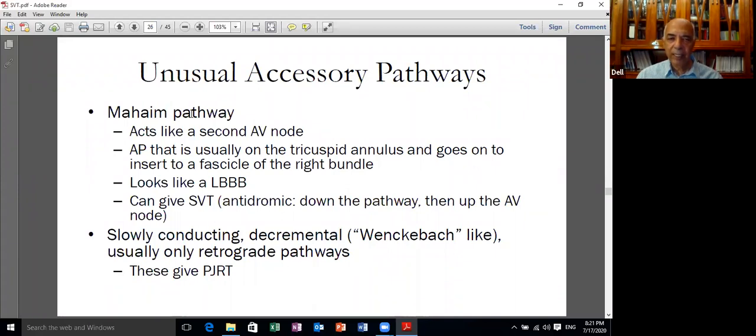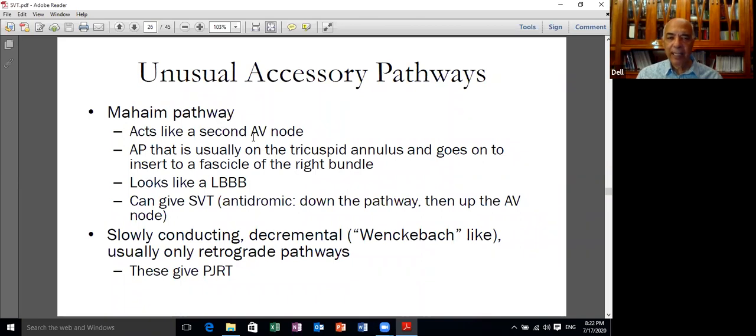located in the wall of the right atrium, and it goes from the right atrium across the tricuspid ring to the right ventricle to be connected to branches of the right bundle. So under normal circumstances, you don't get a delta wave, although there is an accessory pathway. And this Mahaim pathway conducts only anterogradely, doesn't conduct retrogradely. So the delta wave is either very small or almost absent. So the impulse here conducts through the AV node and the Mahaim pathway, which acts as another AV nodal pathway.